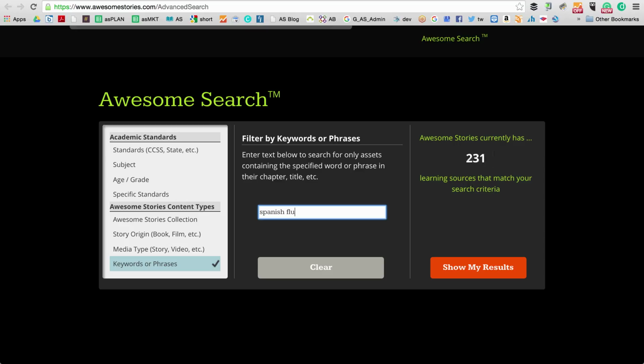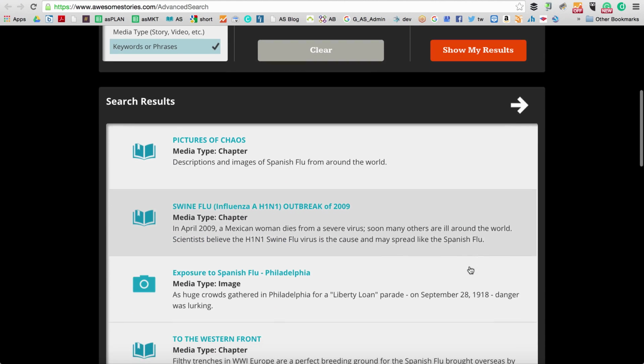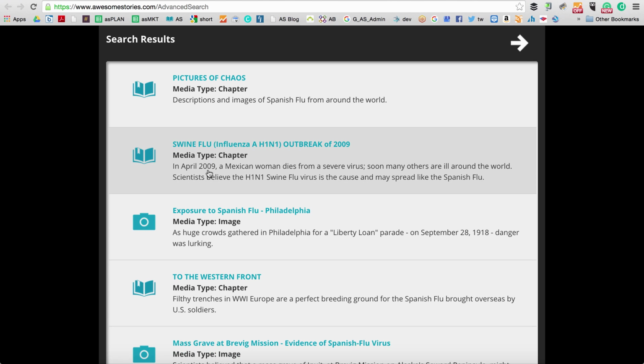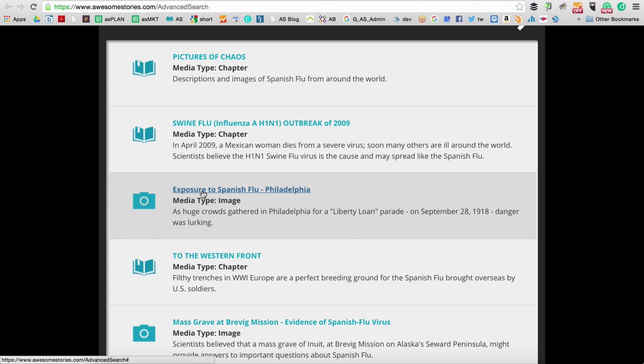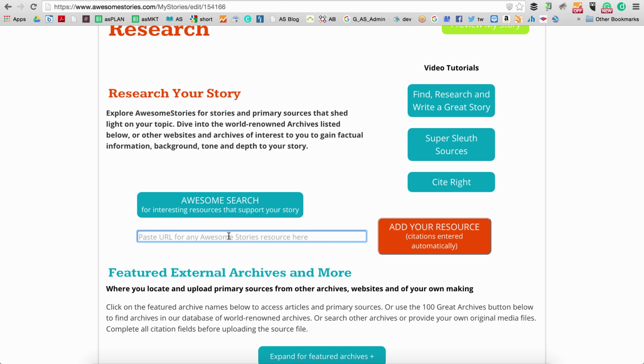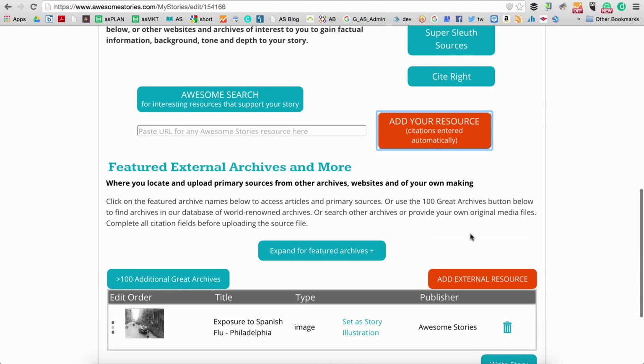And you can see that the number of resources are being sorted as they come up with what they're going to show me. And now I'm going to see 39 resources I could use. These first two are chapters that I could add in my media stream. This is an image that I can use, and the Spanish flu really hit Philadelphia when folks came back, so I'm going to pick that image. And all I have to do is paste the URL into this block and hit add, and magically this has now been added to our story, and all the citations are there,